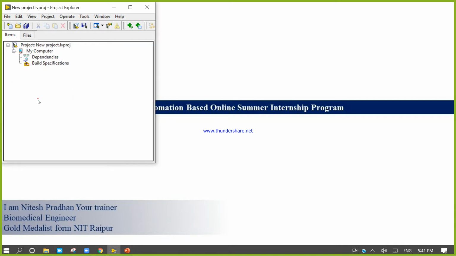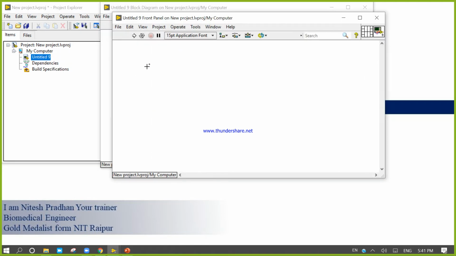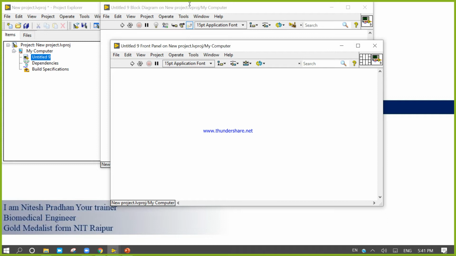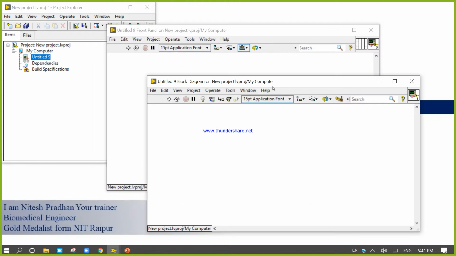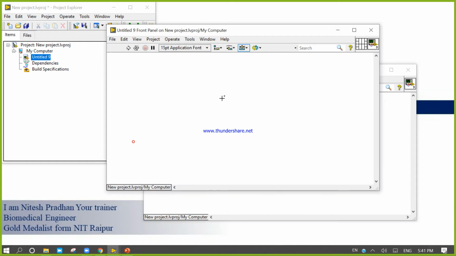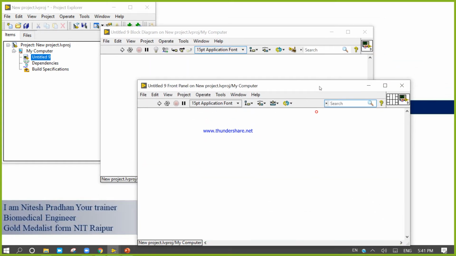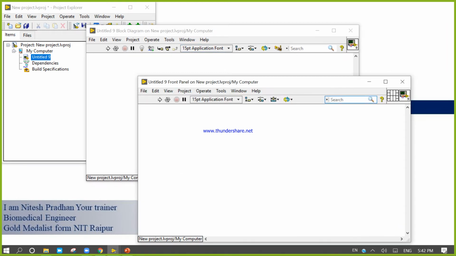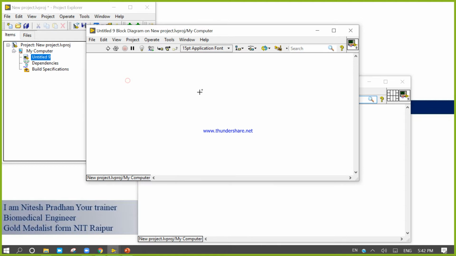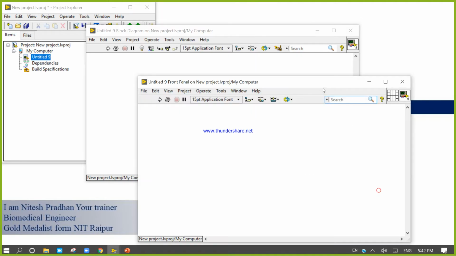Now come to the item, right click, go to New VI, take a VI. In this VI we will create one table for a range.